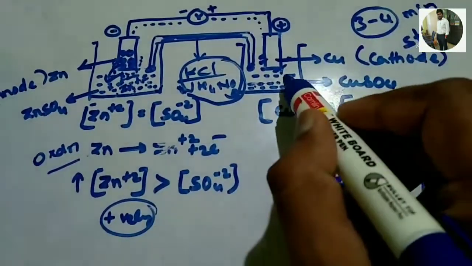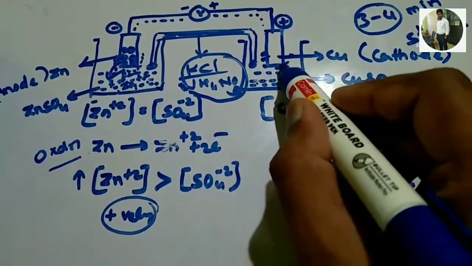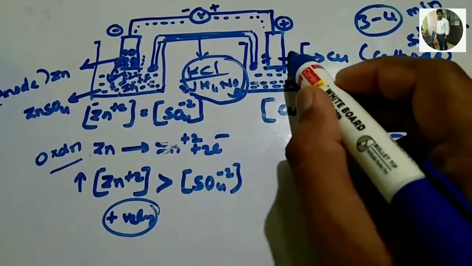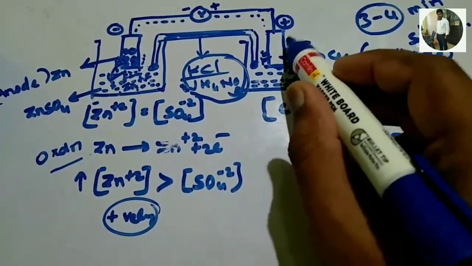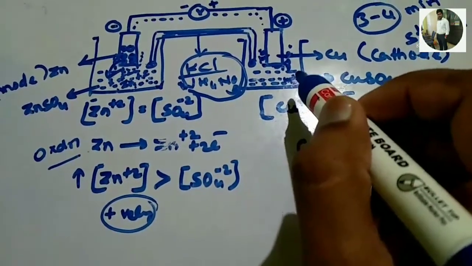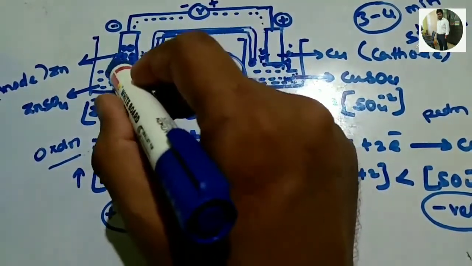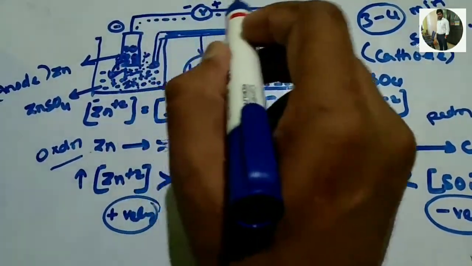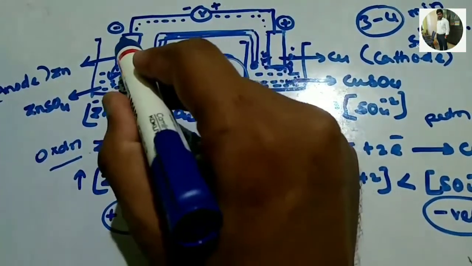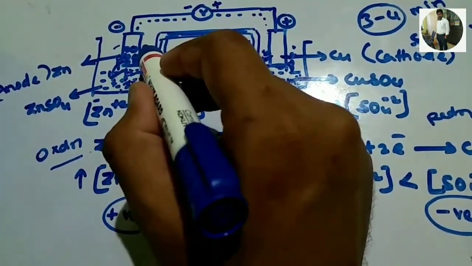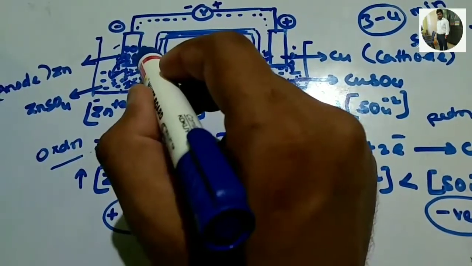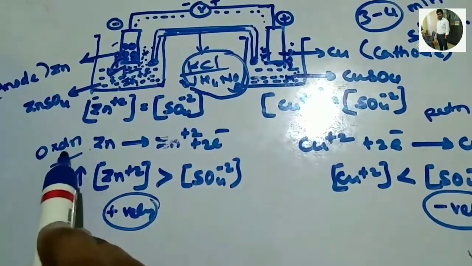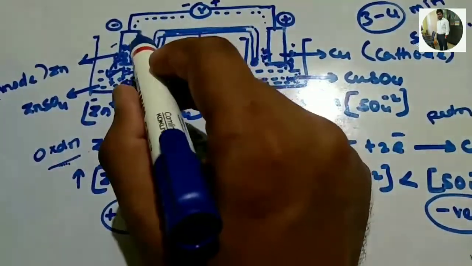Here SO4 minus 2 ions are present in large number, and again it is a cathode, meaning positive. Positive and negative attract, and again the SO4 minus 2 ions will get deposited on the surface of this cathode. So if the Zn plus 2 ions get deposited on this anode, it will not give permission to the electron to move further. Why? Because the electron is negative and the Zn plus 2 ions are positive. Positive-negative attraction. So Zn plus 2 ions will not give permission for the electrons liberated from the oxidation process, and hence the electron would not move.